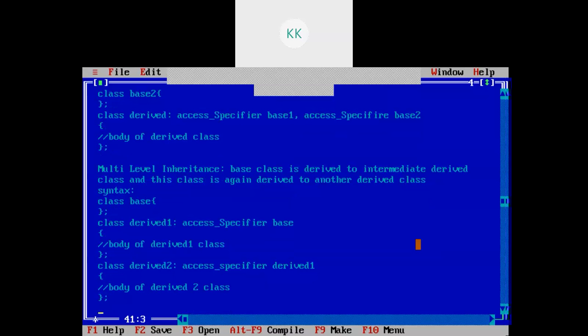Next type of inheritance is hierarchical inheritance.